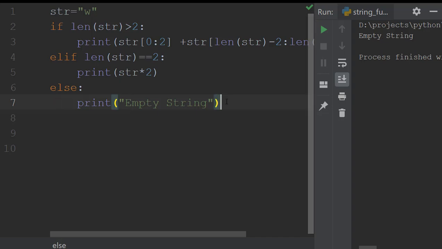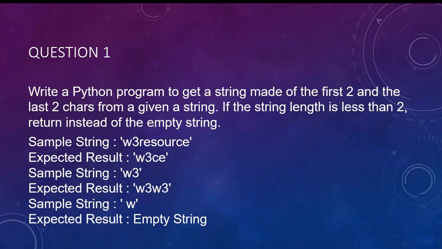Okay, hope you have noticed how I have made the program. First of all, I have split my program into smaller steps, right? For example, I have taken only one task, to get first two characters and last two characters, and then join them somehow, right?